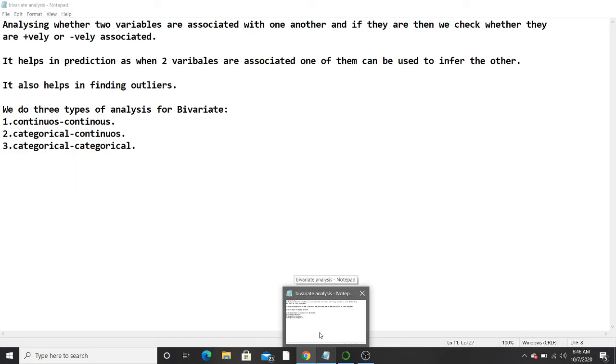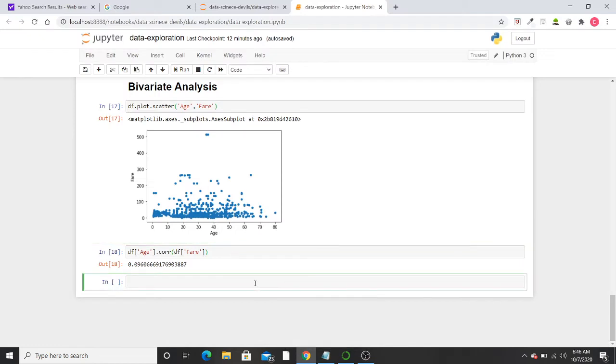The second type of analysis was categorical and continuous. That is, one variable is continuous and the other is categorical. So for that, what we do,